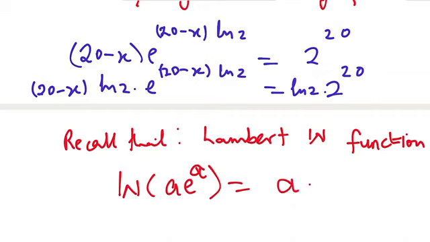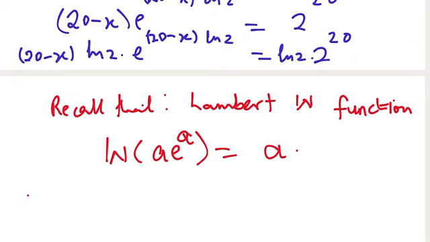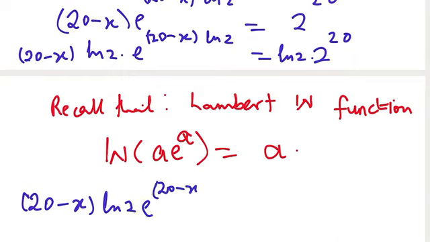So now we're going to apply this here. We have 20 minus x ln of 2 e to the power of 20 minus x ln of 2, then equals,